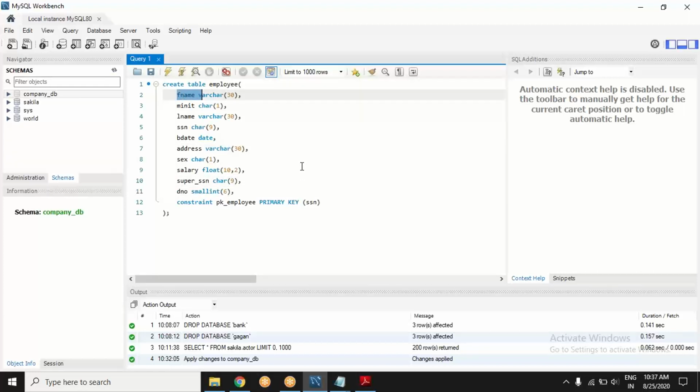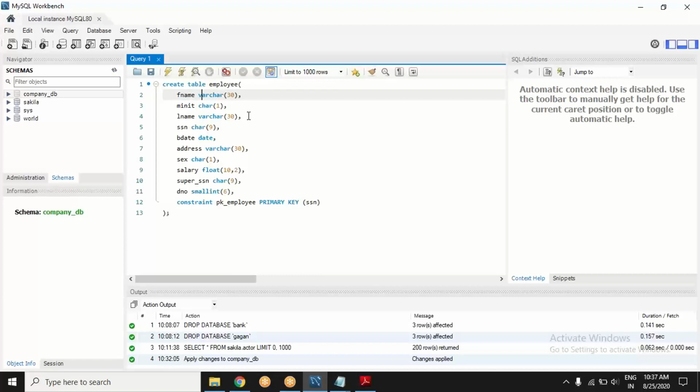First thing is fname, and we are calling it varchar 30. Now, what is varchar? This is the data type which this column will pertain to. Varchar essentially means variable character.